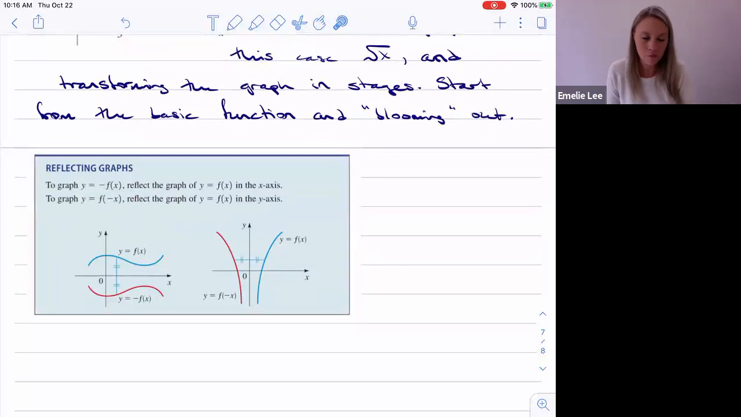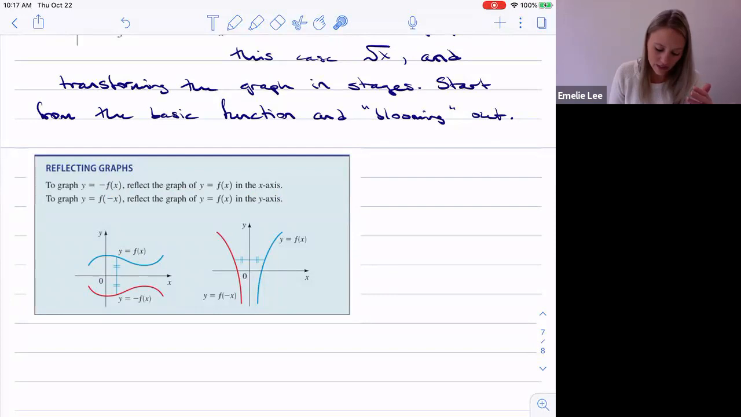So if you have a graph of y equals negative f of x, you've got a basic graph of f of x, but you want to graph negative f of x. What happens is you're going to reflect the original graph in the x-axis, right? So here, if you've got y equals f of x,